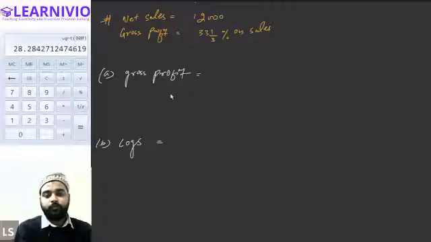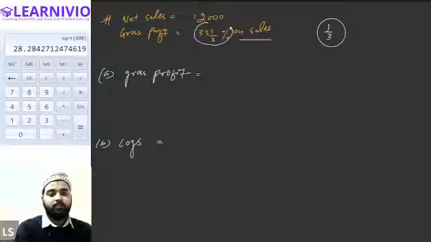First of all, any one of you, can you please tell me what will be the gross profit in this question? It is pretty simple. It is already written in the question that gross profit is 33.33% on sale. See guys, you can also write this down as 1/3. Both are the same. Is that clear, all of you? Sir, 1/3 or 100/3? 1/3 or 100/3.